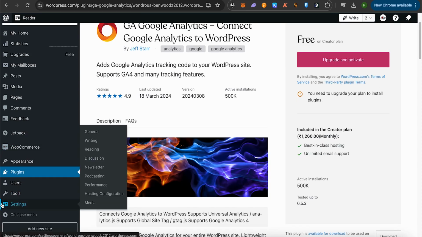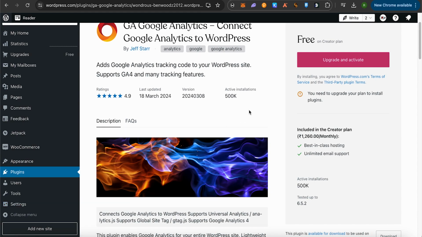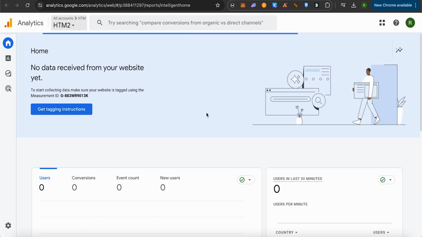And after that, when you click on this option of settings or hover your cursor on settings, you would be able to find Google Analytics over here. Simply click on it, and after that select the option of plugin settings, and over there you would be able to find the option of Google Analytics 4, and there you would require a code in order to track it. Now we will be getting that particular code from Google Analytics, and for that just simply open up your Google Analytics